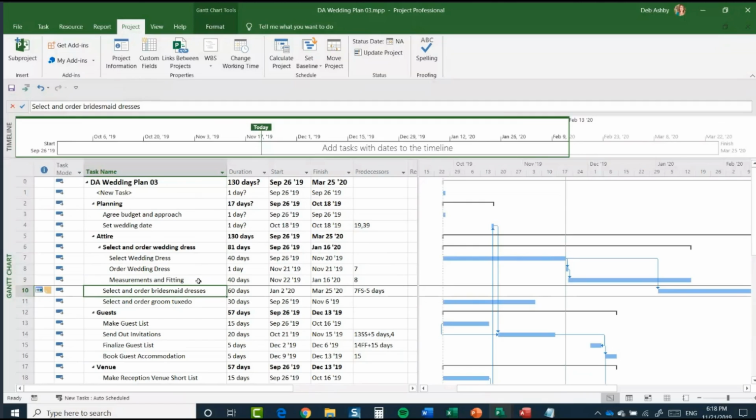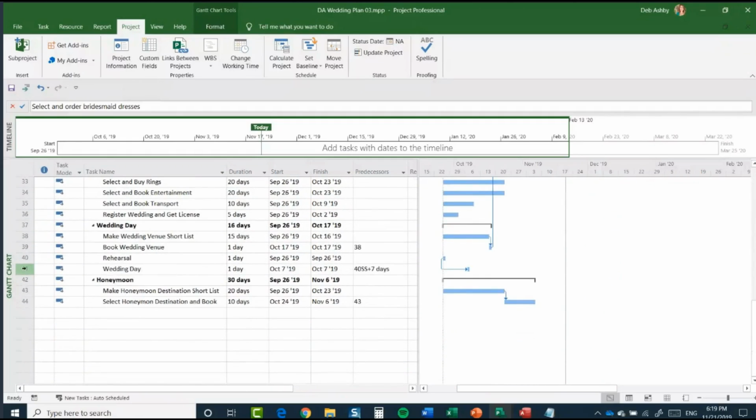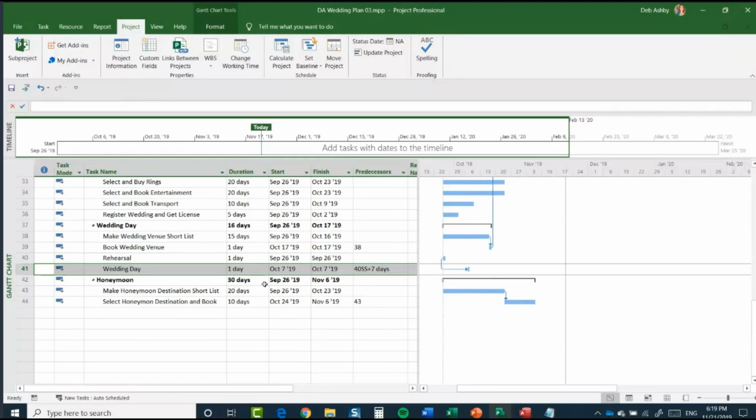Now, if possible, we would like this wedding to be at the end of summer, maybe because of the weather. We don't want it to be too hot, but we don't want it to be too cold either. So again, if I scroll down through my project plan, and go to wedding day, let's just take a moment to review that date. Currently my wedding day is October the 7th. Now, I'm not particularly happy with that. As I said, it doesn't make too much sense considering some of the other task start dates that we have